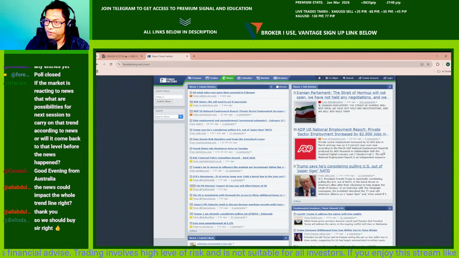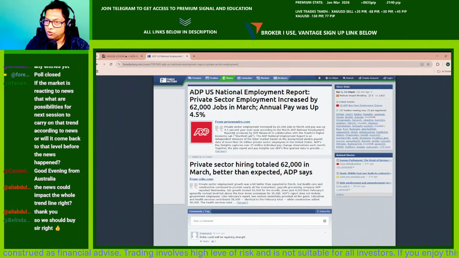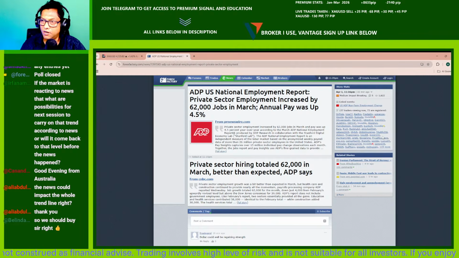So ADP US National Employment Report, private sector employment increased by 62,000 jobs. So you can see some kind of outlook here. ADP US National Employment Report, private sector employment increased by 62,000 jobs in March. Annual pay was up 4.5%. Okay, so that is